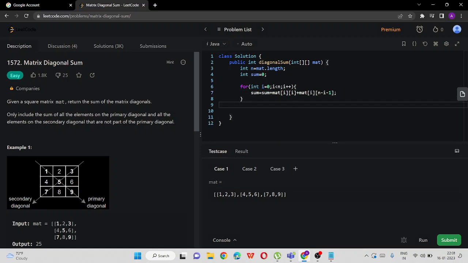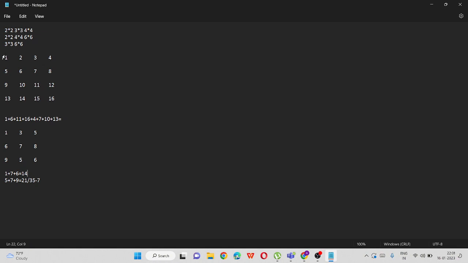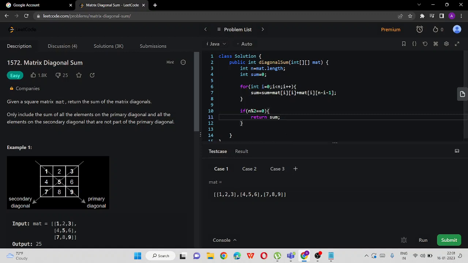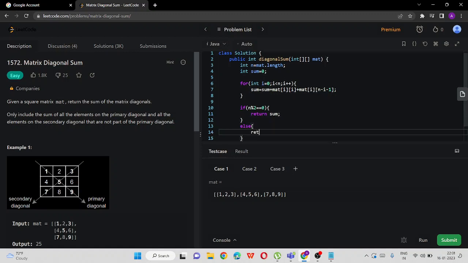After calculating sum, if n, whatever the length is, which means the matrix, if it is even, we need to simply return sum. No need of doing any subtraction here. We have an even matrix, right? Do the diagonal sum and just simply return sum. If it is not even, then we need to return what? Return sum, but